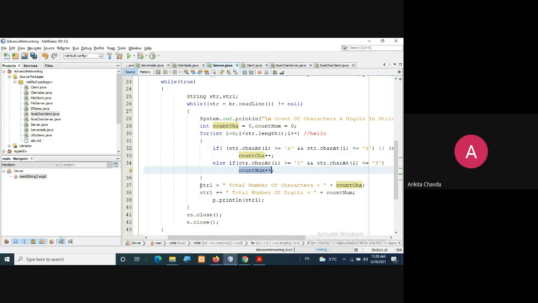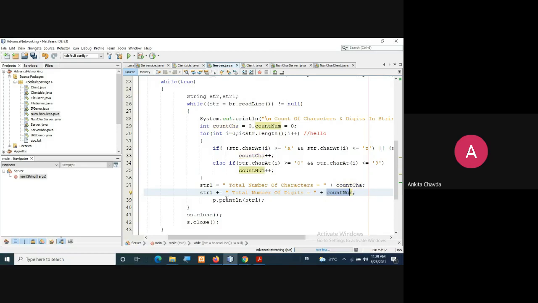Now finally you are writing str1 equals total number of characters equals, and then you are doing string concatenation and adding this count CHA. In the same way, str1 equals whatever you have written, plus number of digits equals, and you are writing count num.